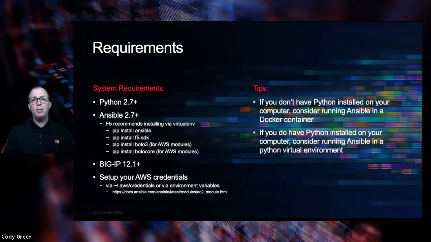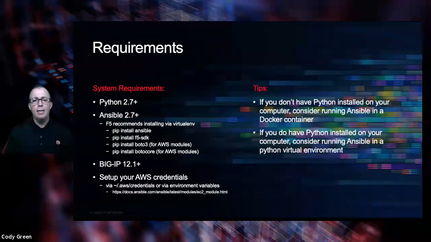Well, we need to have Python 2.7, and we need to have Ansible 2.7. Now, if you're new to Ansible, I highly recommend using something like a Docker container to run it in. Makes it a lot easier, especially on a Windows platform. If you are going to use Python natively on your device, we also recommend that you use a virtual environment. So this allows you to do upgrades of Python or upgrades of pip or Ansible without affecting all the libraries across your system. So in this example, we're going to be running Python and Ansible inside of a virtual